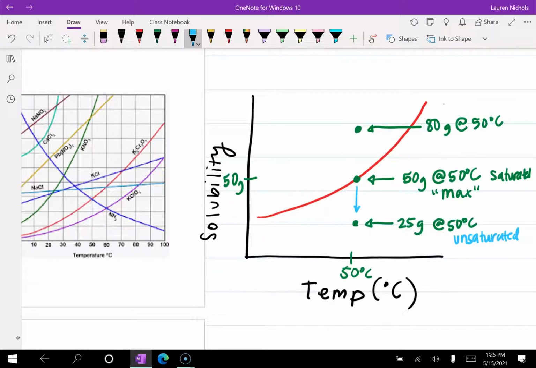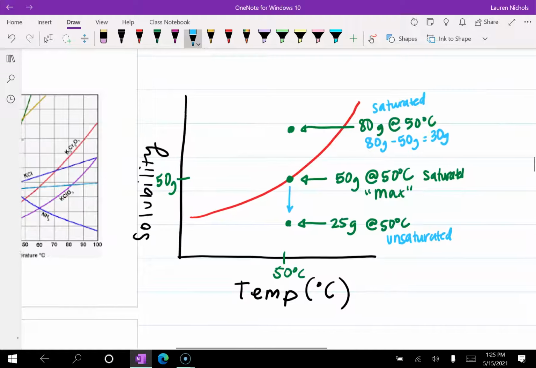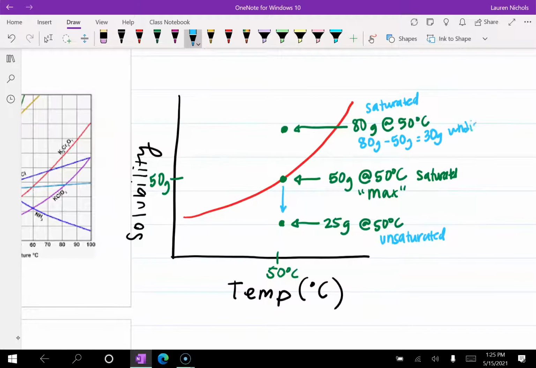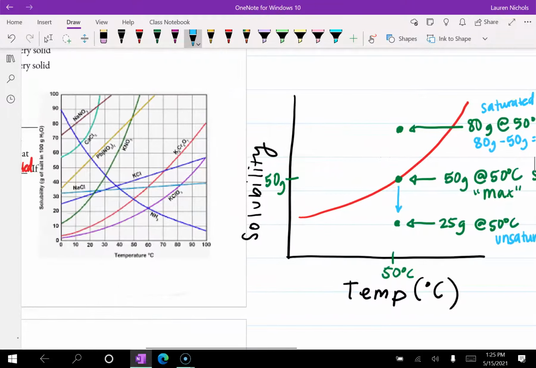So that's still a saturated solution, but what that means is that 80 grams minus 50 grams gives us 30 grams that will be undissolved, kind of sitting at the bottom of the beaker or the cup or whatever it is. And so that's kind of the key things that we want to understand about these graphs